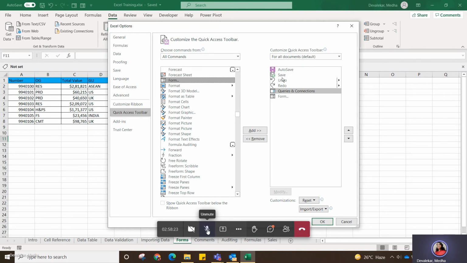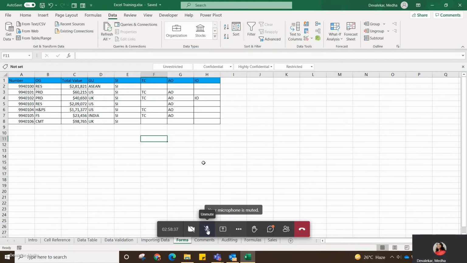And if you can see it here, just click on OK. Then you will see this new button in your green tab. Everyone with me? Yes, ma'am. Okay, now try to add.